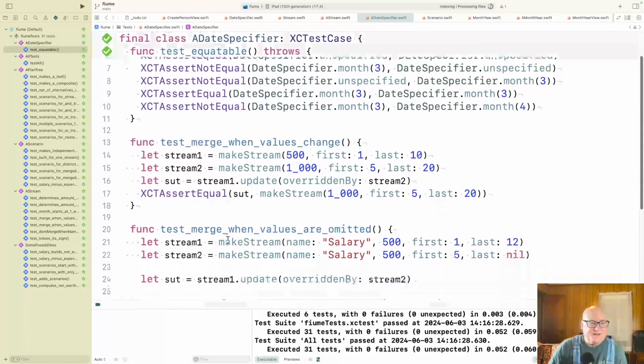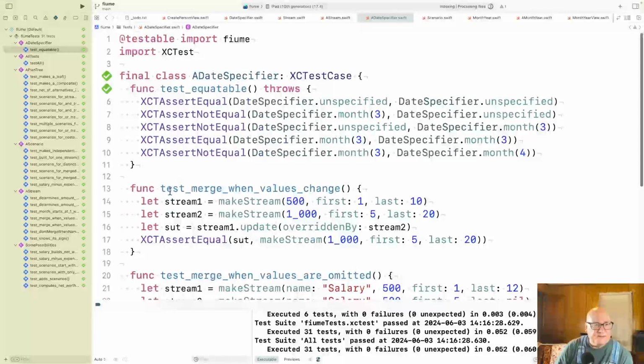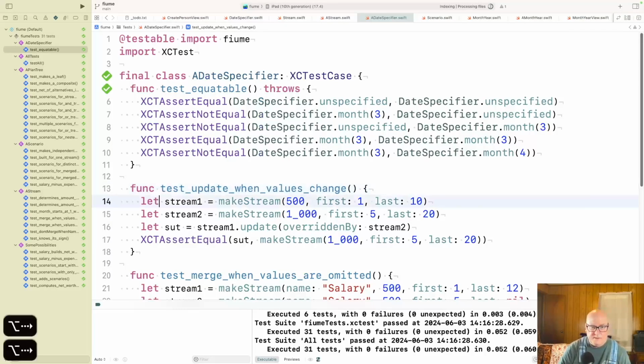Let's fix it first and then merge. I guess we're going to say update when values change.